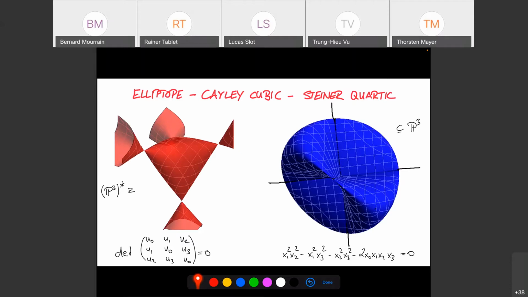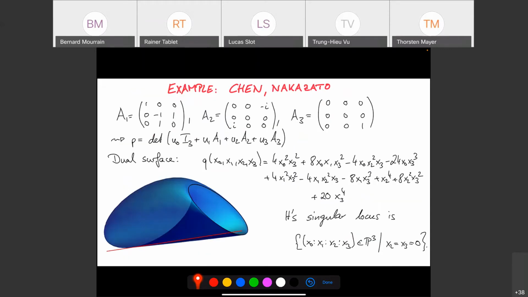So how can we fix this? The naive generalization of Kippenhahn's theorem would be, well, just take the convex hull of everything on this dual surface, and you get the polar set. Right? You get the joint numerical range, which is polar to this hyperbolic region. That doesn't work. There's another example.